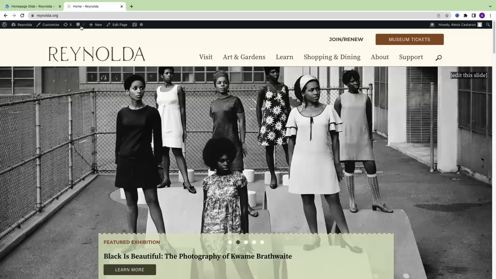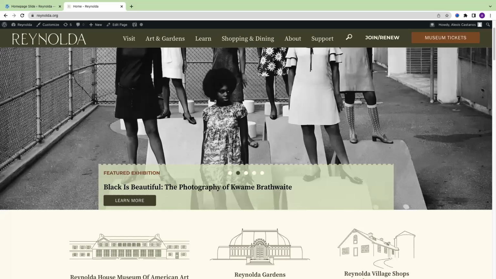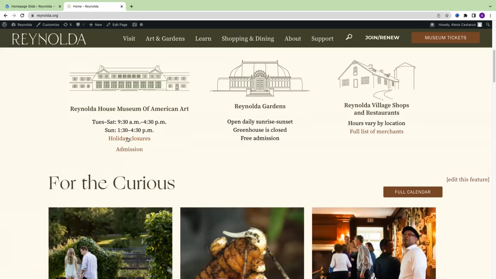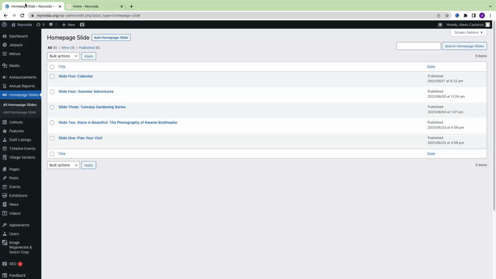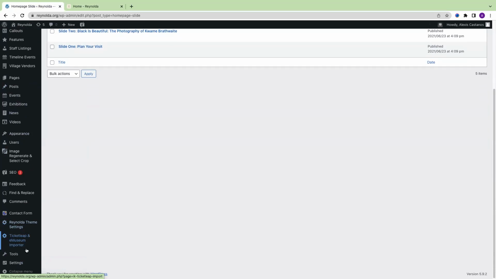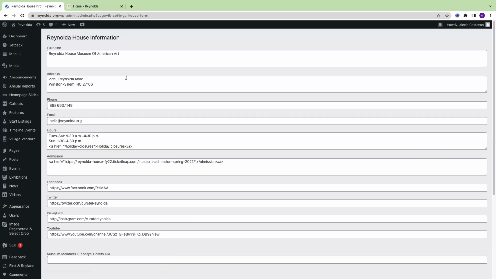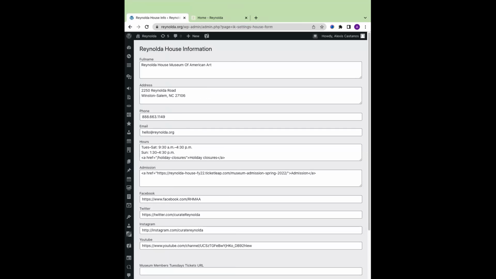The other item that I want to touch on is how to update this information right here, our business hours and admission information for the house, gardens, and village. So what you'll do is actually go to Reynolda theme settings. You can click on that. And from here, you can see the option to edit Reynolda House information, edit Reynolda Gardens, and edit Reynolda Village information. So you'd click on this, and you'd see the